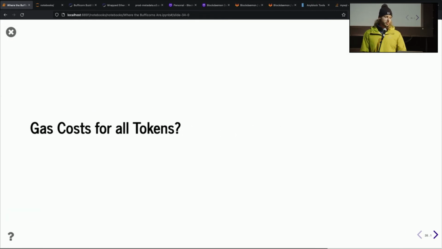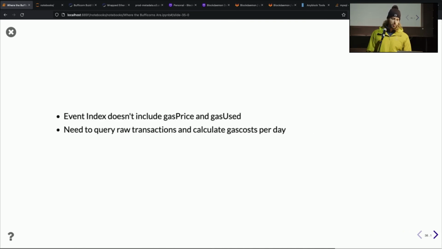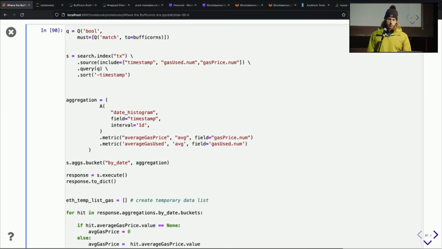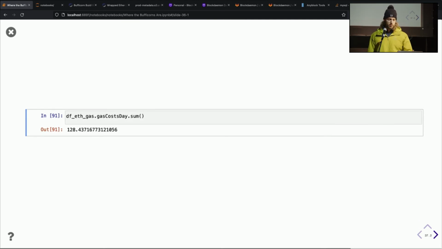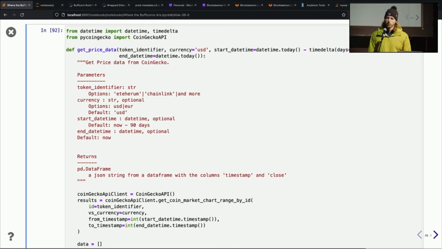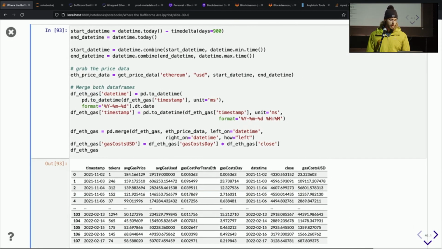Now, more interesting, what was the gas cost for all of these Bufficorns? We can run another Elasticsearch query and sum up all the gas costs, and you can see that all Bufficorns that were minted and transferred have cost 128 ETH total in gas fees. So in fiat, if we pair that with CoinGecko data, we can see that